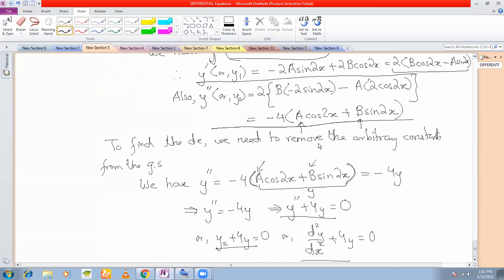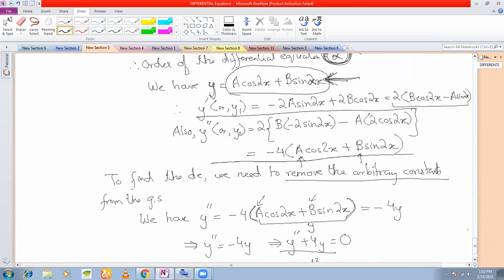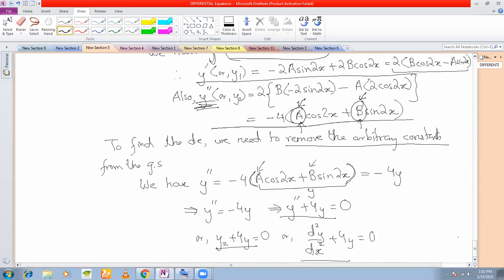Now, the general rule is, in order to find the differential equation of any given equation, you need to remove the arbitrary constants from your highest order derivative. See, y dash contains how many arbitrary constants? a and b, right? I will have to remove these two, a and b. So I start from y dash. This is what I found y dash to be, right? Now what I see is that I can remove a and b together, because this entire thing, a cos 2x plus b sin 2x, is equal to y.